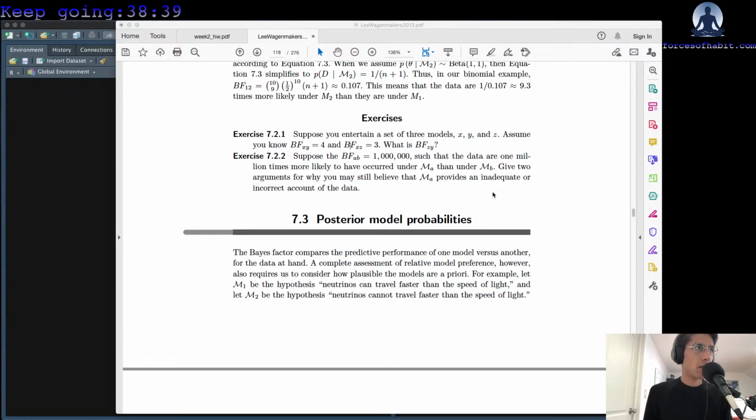I need the flip-flop of XZ, so I need ZX, so 1 over XZ multiplied by BF XY. And then the X's cancel. You can think about it as canceling. And then we're left with